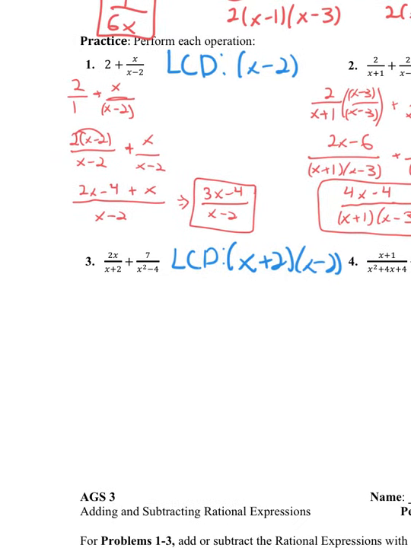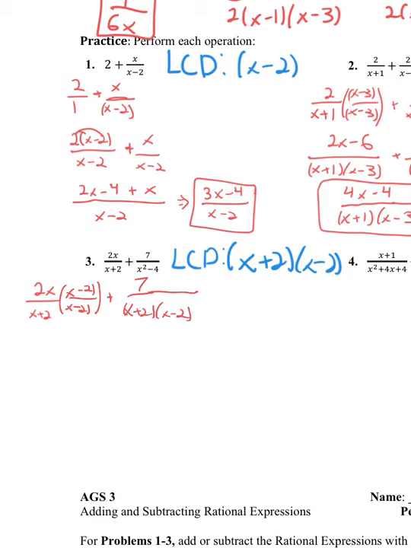Problem 3, the left side was 2x over x plus 2, and the right side was a difference of squares, so that was 7 over x plus 2 times x minus 2. And that means on the left side, we're only going to have to multiply by x minus 2, x minus 2. And the right side, we don't need to multiply anything because it's already got that least common denominator. So I end up with this